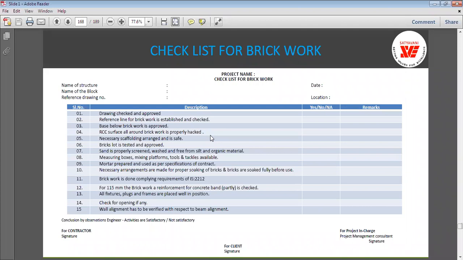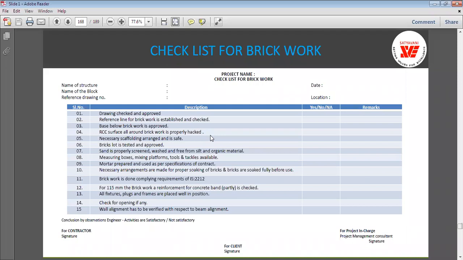Then measuring boxes, the mixing platform, tools and tackles, are they available or not. Mortar is prepared and used as per the specifications of the contract. As I said earlier, whatever is suggested in your contract, whether you are going for 1:3 proportion or 1:4 proportion for the mortar, you need to check whether it is as per the specification or not.